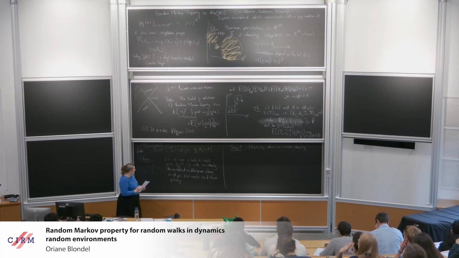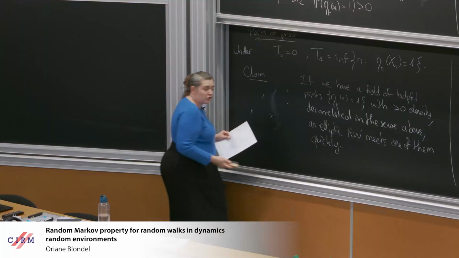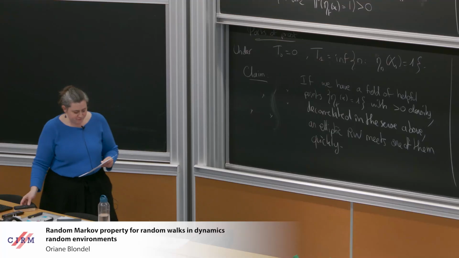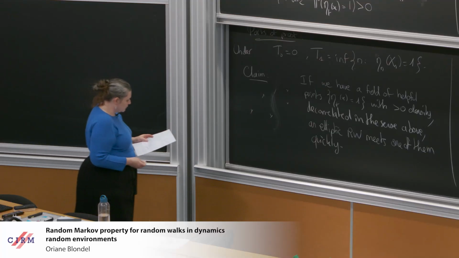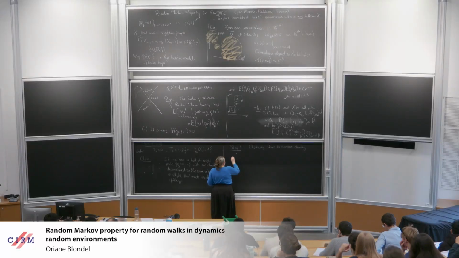But there is a way of making your set eta, your set of crosses, look bigger from the point of view of the random walk. And one way to make it look bigger is to say, every time I have a point where eta is 1,